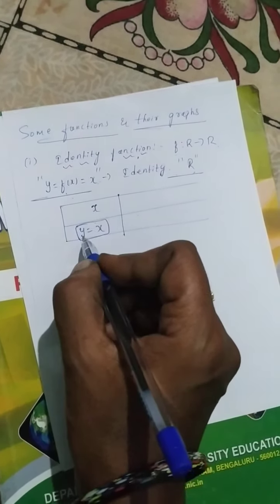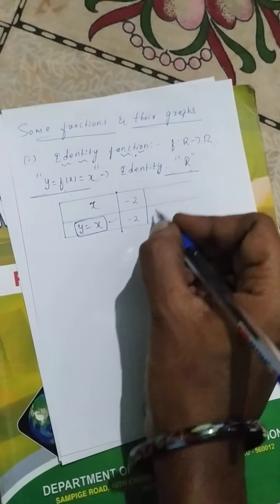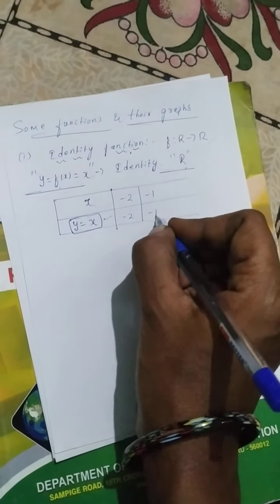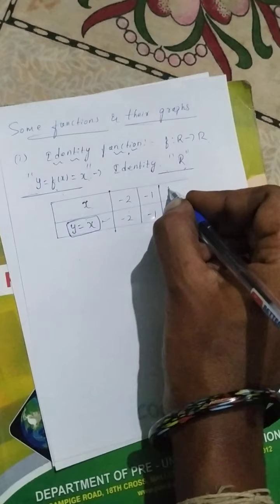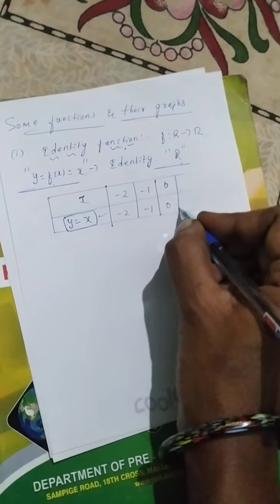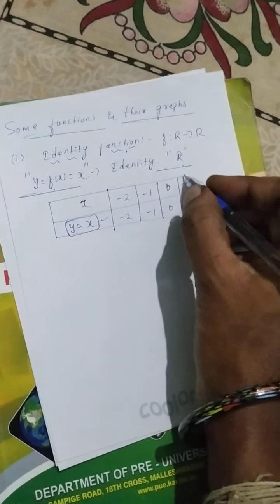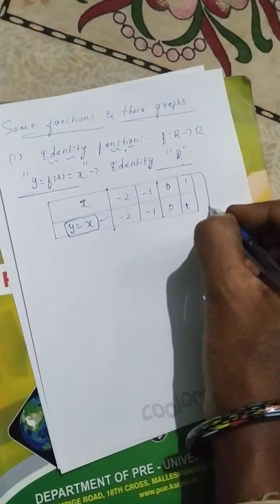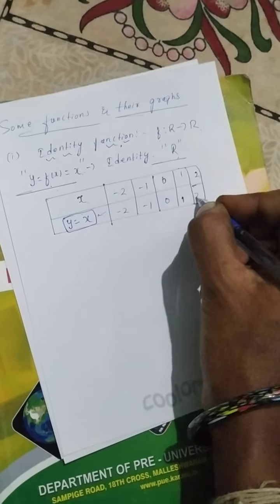If you take x as -2, then y value is also -2, then x is -1, y is also -1, x is 0, y is also 0, x is 1, y is also 1, and the last I'll take, if x is 2, y is also